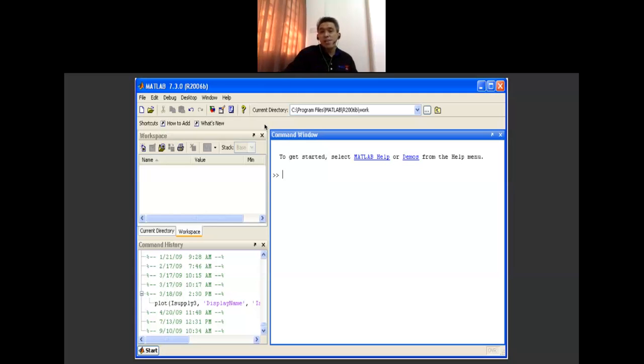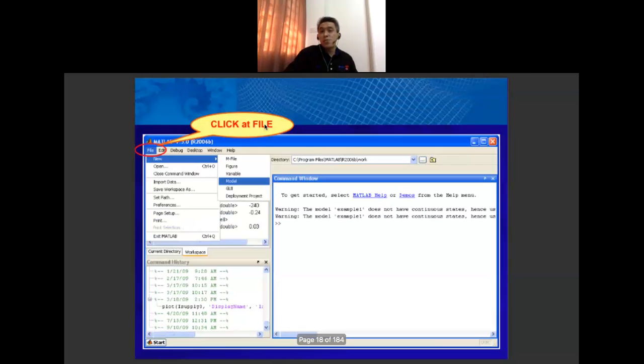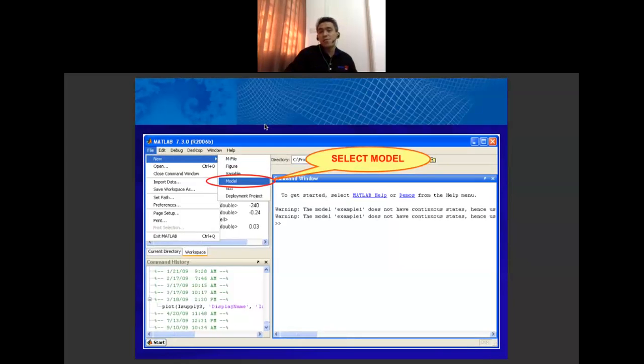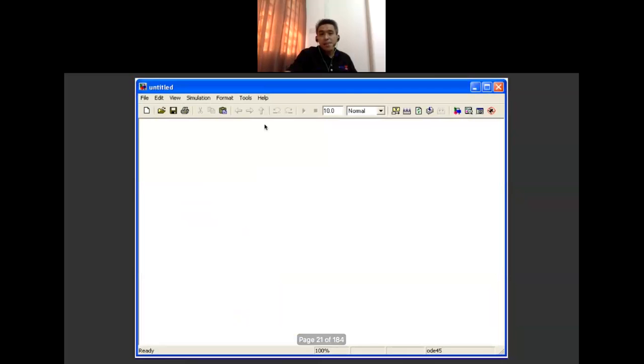To start with the Simulink window, just click at File, then select New, then select Model, in order to open the Simulink window.